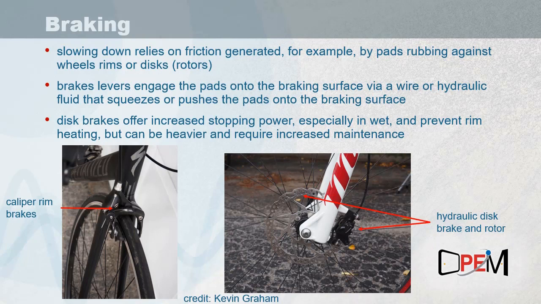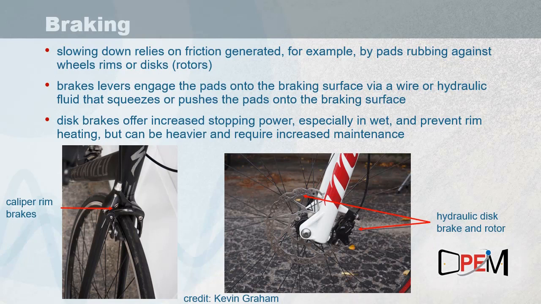The other main type of brake used is a hydraulic disc brake, as pictured on the right. Here again, there's a lever usually up on the handlebars, but instead of a mechanical cable, although some disc brakes do use mechanical cables, many use a hydraulic fluid. Engaging the lever pushes the hydraulic fluid, and the pressure in the fluid wants to stay the same everywhere, so changing the pressure at the top gets transmitted all the way down to the bottom, and so the fluid presses on the cylinder in the hydraulic disc brake